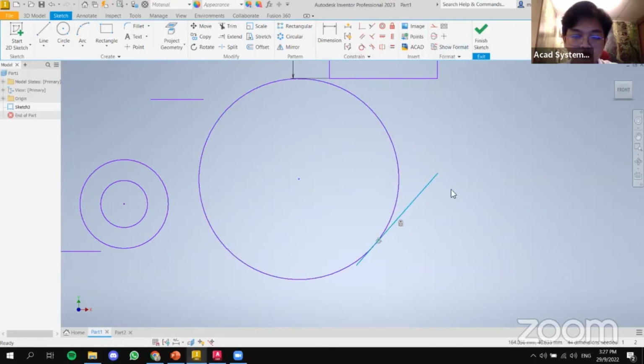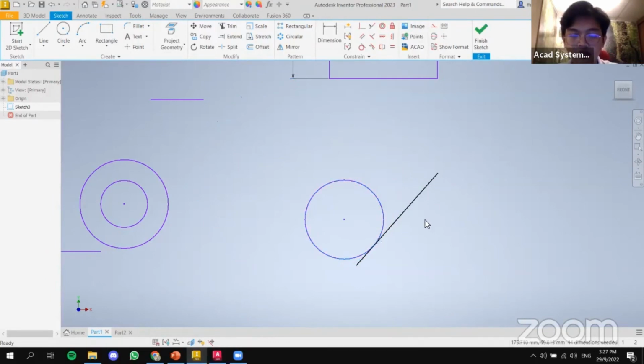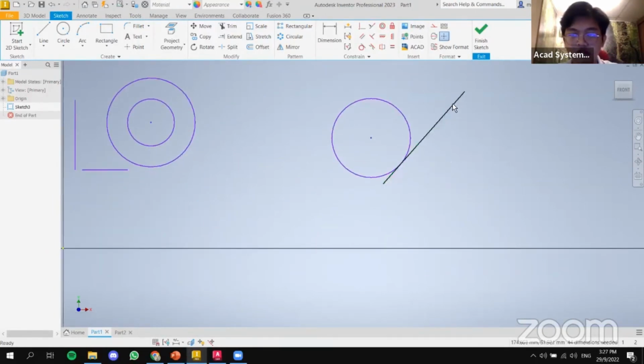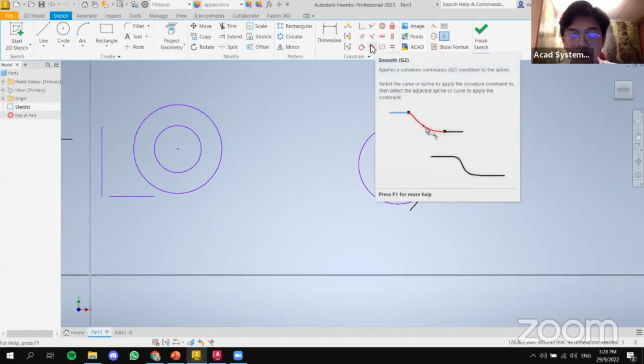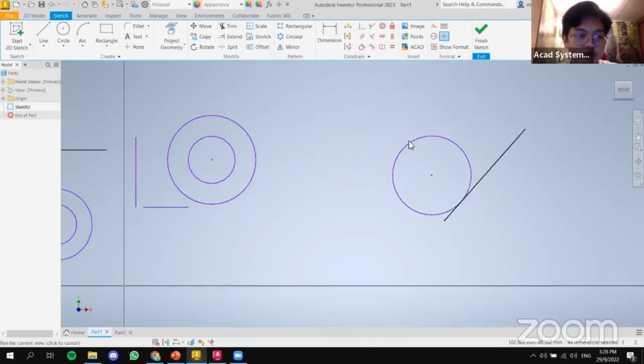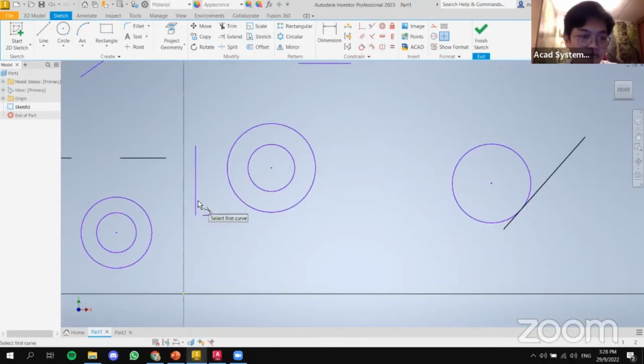Save. Okay. So if it's unlocked, you can just move it freely as well, but it will stay tangent. Next will be smooth. So if I use smooth,